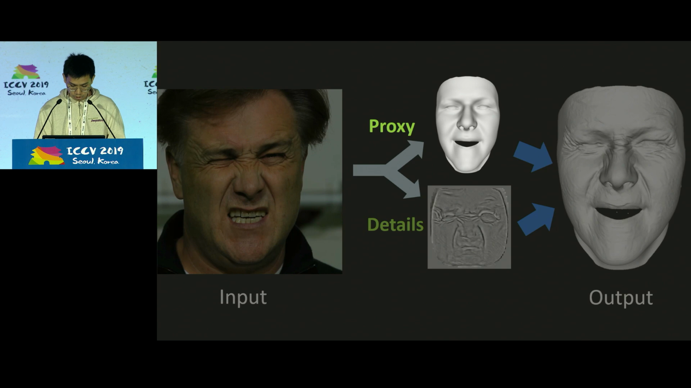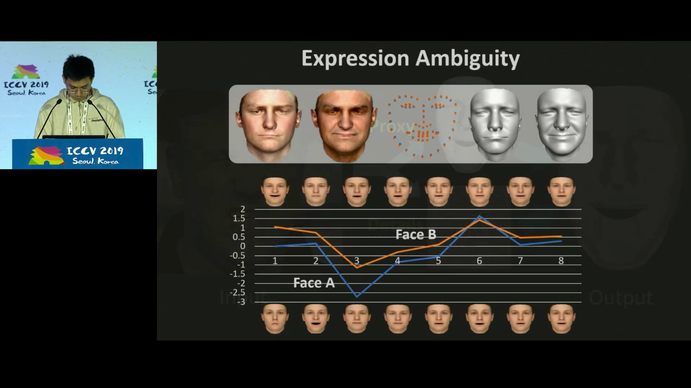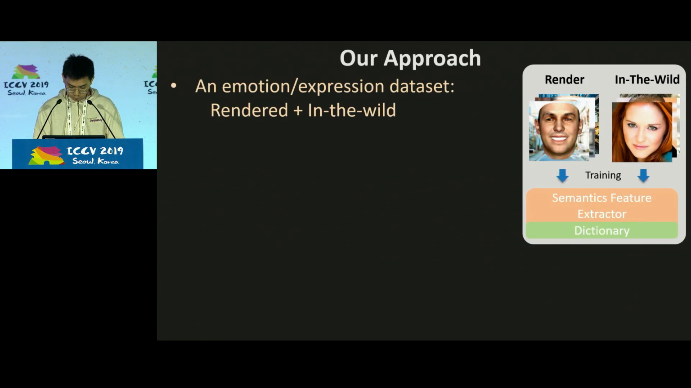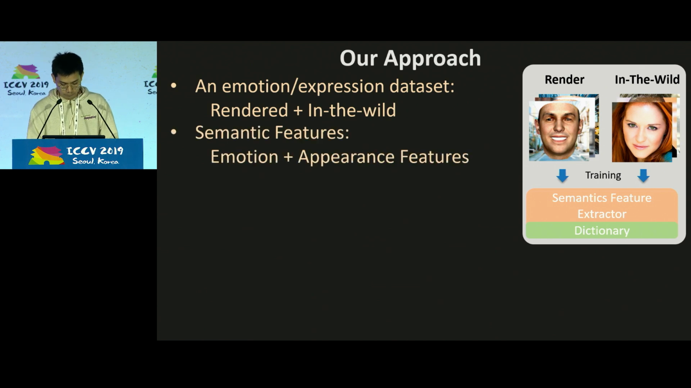The first step is to obtain the base phase. We observed that 3D expression exhibits significant ambiguity. Different expressions might have similar 2D facial landmarks after projection. In this example, the landmarks of the two faces are extremely close to each other, while their expression parameters and shapes are vastly different. We propose to use emotion features and physically based appearance features to narrow this parameter